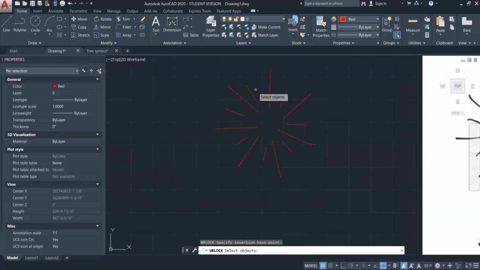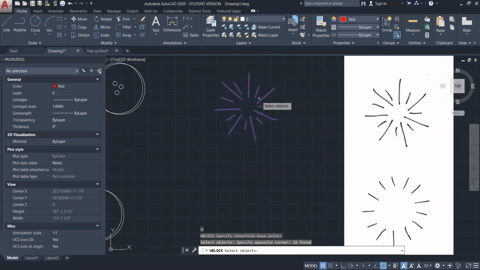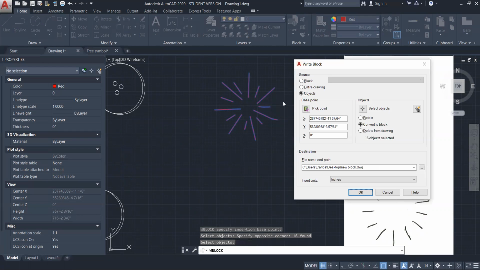Choose your objects. So make sure you grab all of the objects that form part of this drawing. Hit enter to confirm. It has detected 16 lines right here. And give your block a name. So this will be called ornamental grass number 1. When you hit OK,